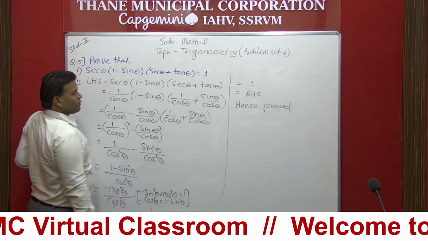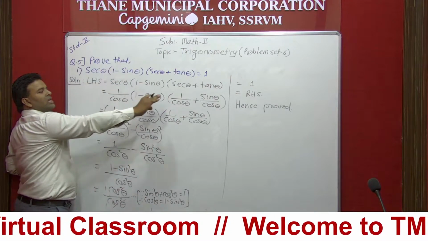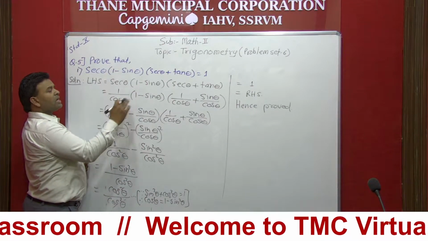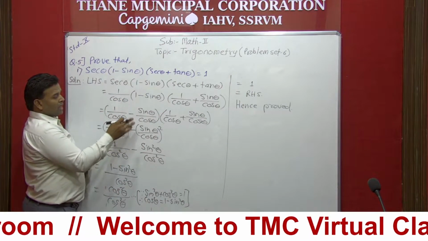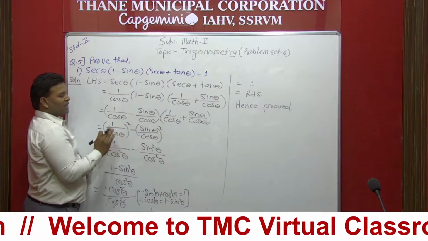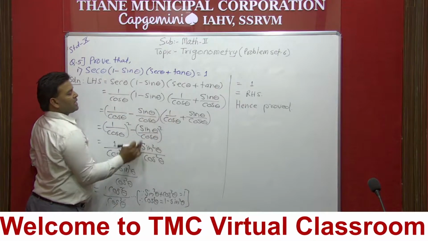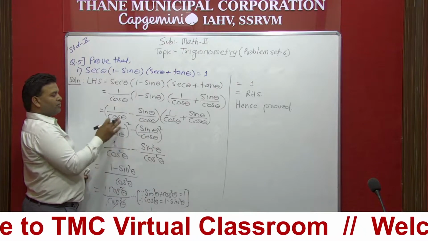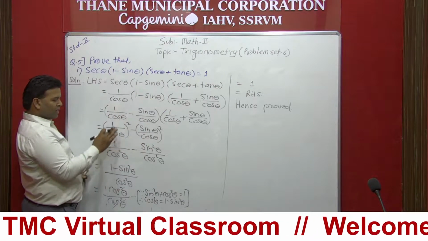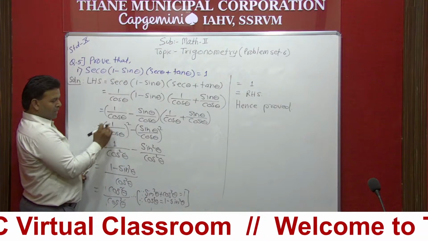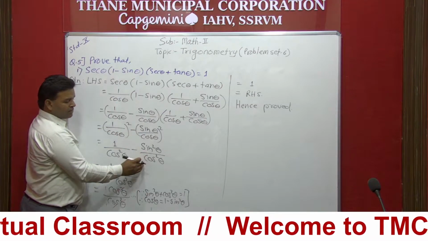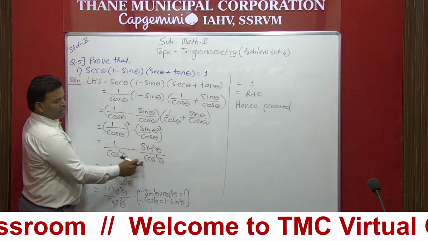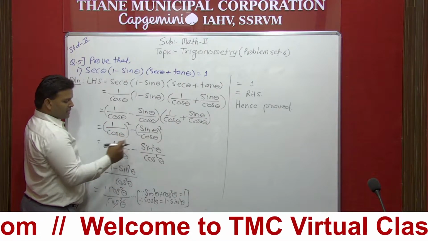Yes student, now I have completed question number 1. In question number 1, first I have converted each and every term in terms of sin and cos. After converting in terms of sin and cos, I have seen the two brackets have the same terms with a different sign, so I have used the identity: first term square minus second term square. Finally I have made the square, and after making the square, I have seen that both the denominators are same, so I have subtracted the numerator.